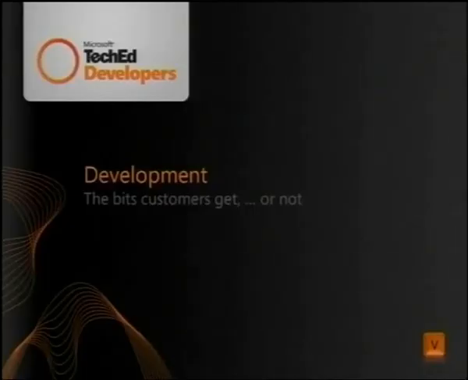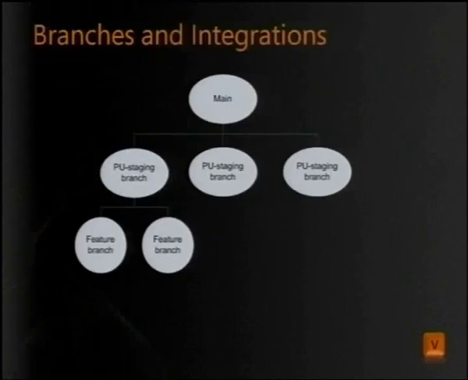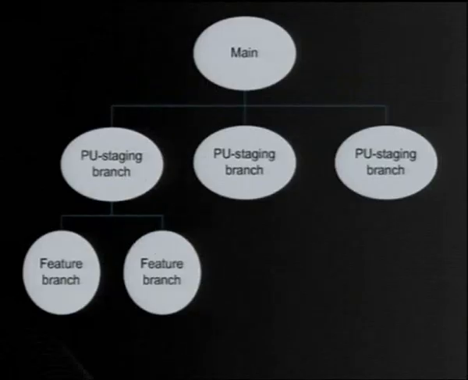So the last set of processes around framework design is development processes, and I say this is the last stage. It's the bits that people either get or don't get. So how do we do development? As a background, we have the main tree where all the sources for the .NET Framework, for all those teams that you've seen on the previous organizational diagram, are ultimately checked in. The framework is built from the main tree, but then we have the staging